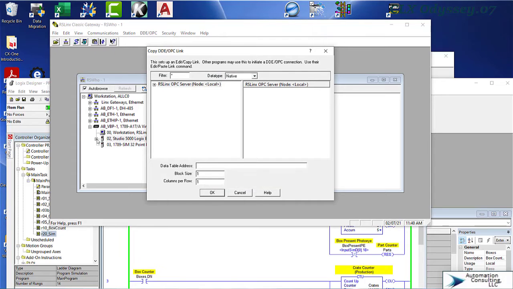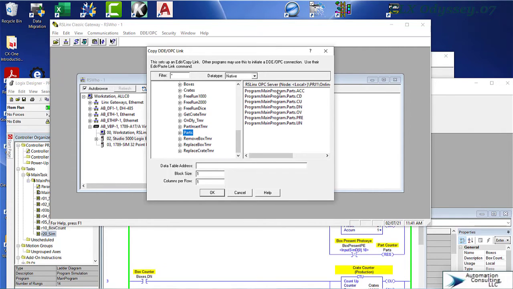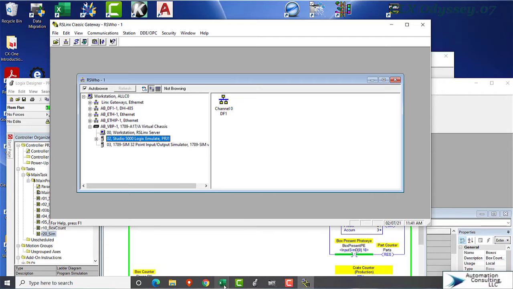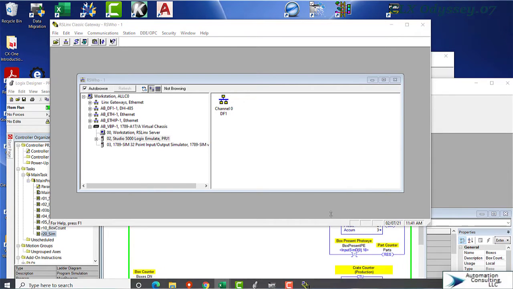And you can see here that it browses to the topic. And I can browse into this just like it's a regular PLC. I want to go to the online because I want to watch it update. And in this case, I've actually buried it down in the program tags. But if I select parts, I can see all of the elements of my counter. And in this case, we want the accumulated value. So if I say OK here, I now have that address on the clipboard,